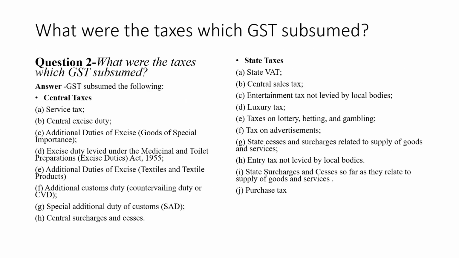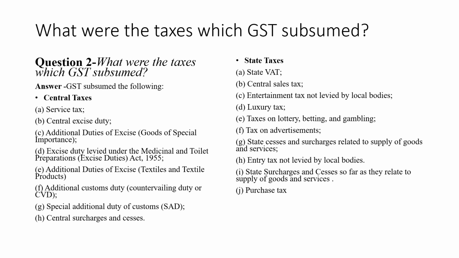So let us start. Second question, what were the taxes which GST subsumed? So the answer is, GST subsumed the following central taxes: service tax, central excise duty, additional duties of excise on goods of special importance, excise duty levied under the Medicinal and Toilet Preparations Excise Duty Act 1955, additional duties of excise on textiles and textile products,